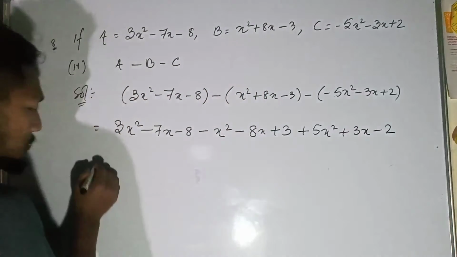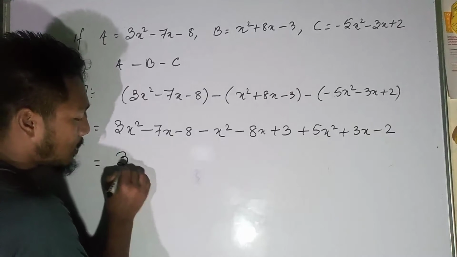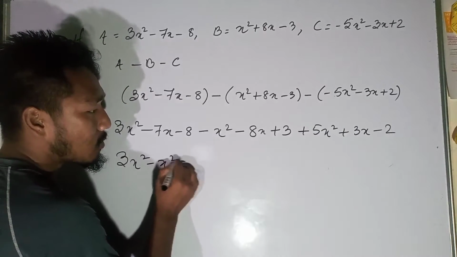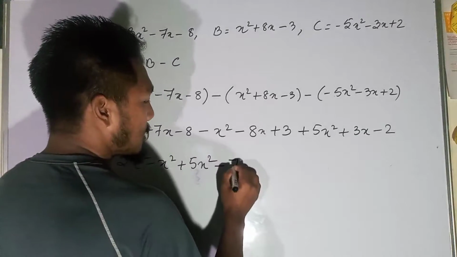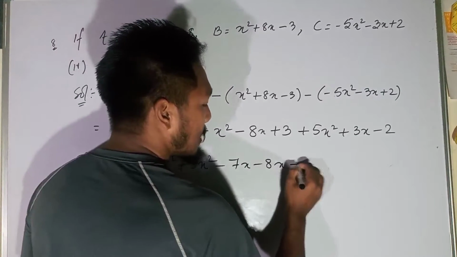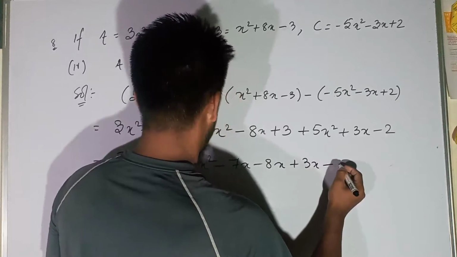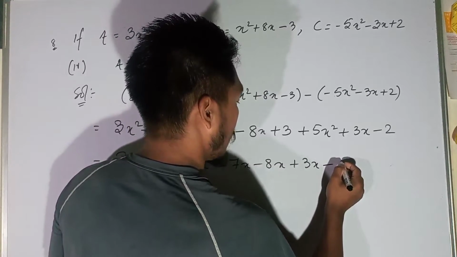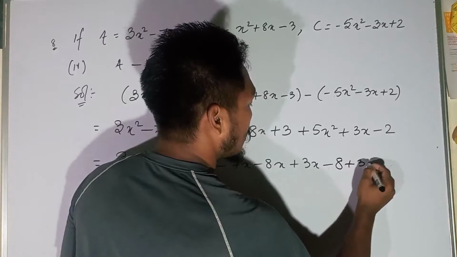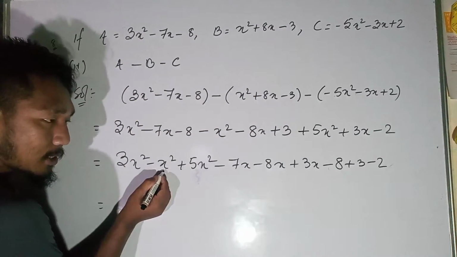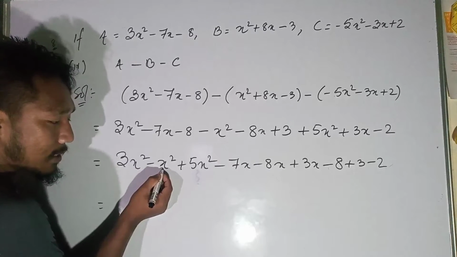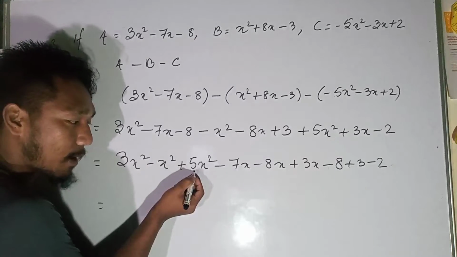Okay, so write together all the like terms together: 3x squared, then minus x squared, then plus 5x squared, then minus 7x, minus 8x, then plus 3x, then minus 8 plus 3 and minus 2. So calculate this one. 3x squared minus 1x squared means 2x squared, 2x squared plus 5x squared, that means